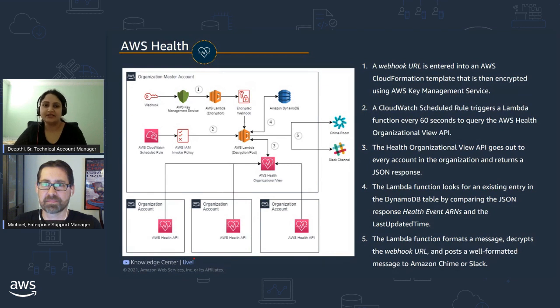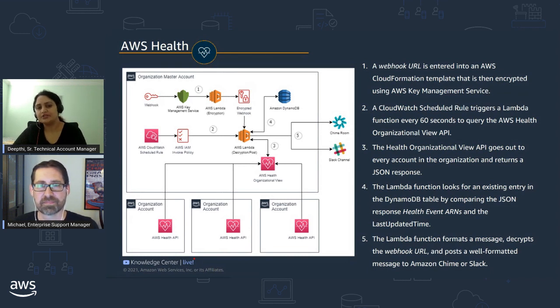So customers can use this with organizations enabled or not. So in case you are not yet there with organizations, no issues. There is a mode which I'll show you in the demo where you can just select no, and you can still leverage this application. This solution can get aggregated account level alerts from the impacted accounts over to the management accounts. And alerts can be configured to endpoints such as Slack, Microsoft Teams, Amazon Chime, or even as an email domain.